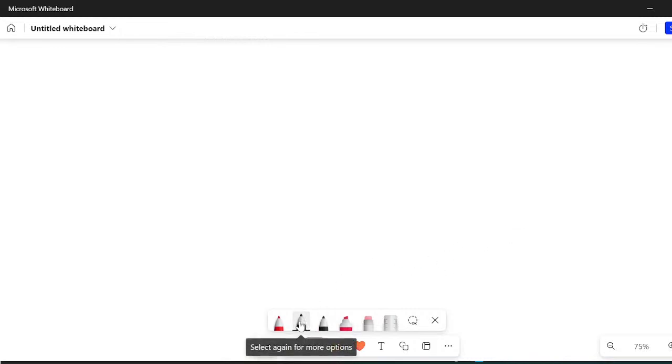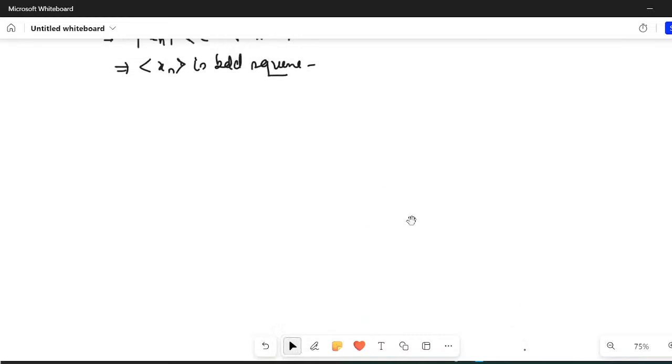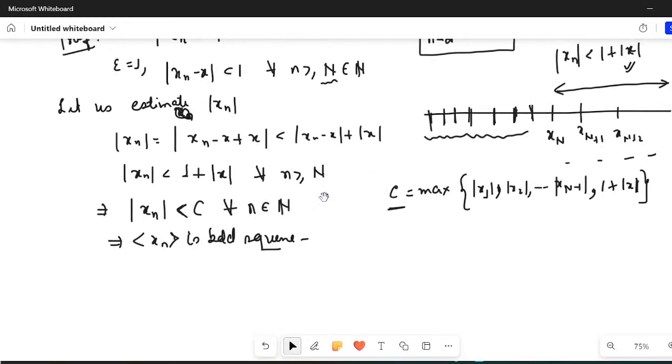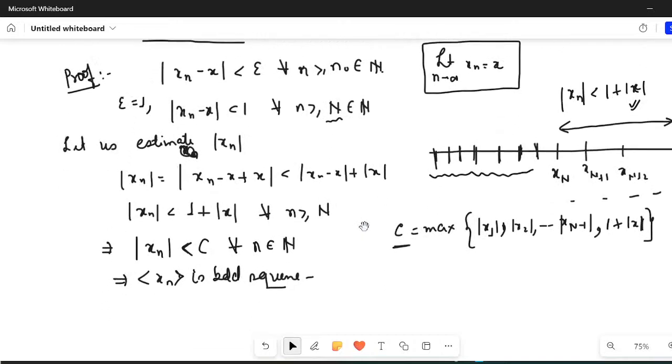and let us begin. So yesterday we actually discussed at the end that a sequence which is convergent is bounded, and the converse is not true. So this was the last thing that we did. Now